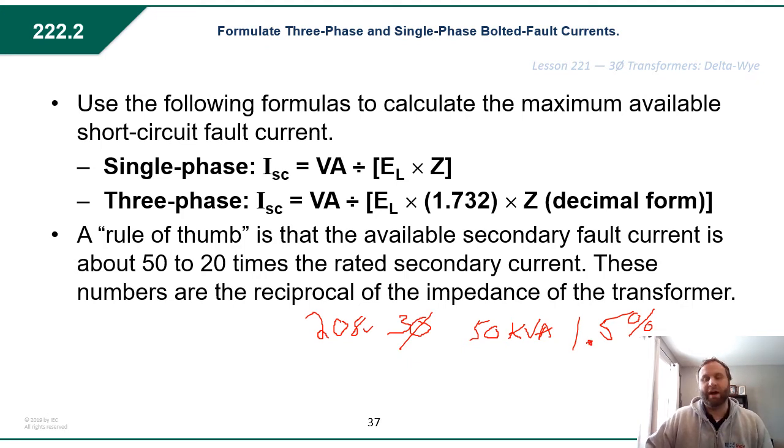What would be my available fault current if I were to short this out? So I take 208, multiply it by the square root of 3, multiply it by 1.5%. That's for one portion of this. And then I have 50 kVA divided by that answer. So let's write it out so it makes a little bit more sense. I've got my 50 kVA or my 50,000